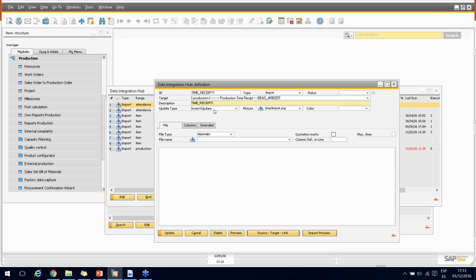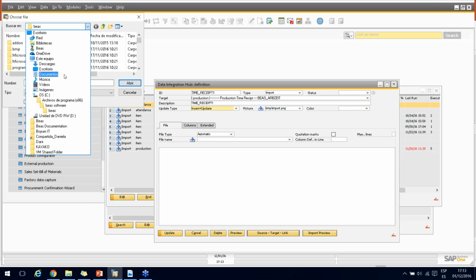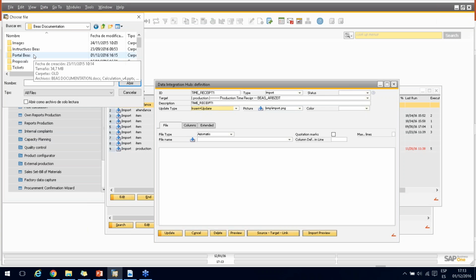Here you can say that you're going to insert an update, or only insert, or only update, depending on the information that you have on your file. Okay, so in this case we're going to leave it to insert an update. And here you will have three tabs. The first one, you're going to select your file, that is right here,